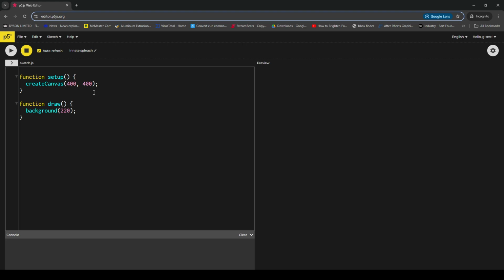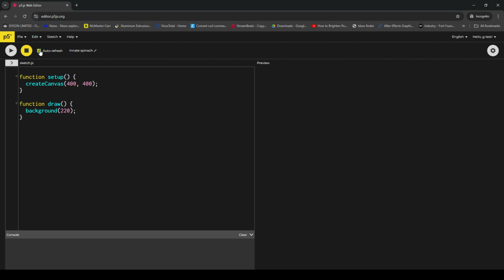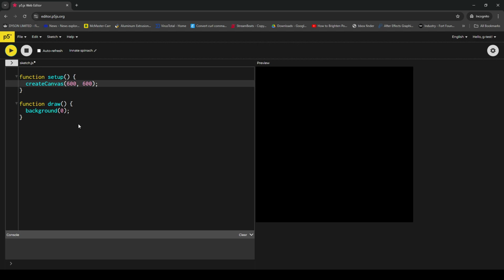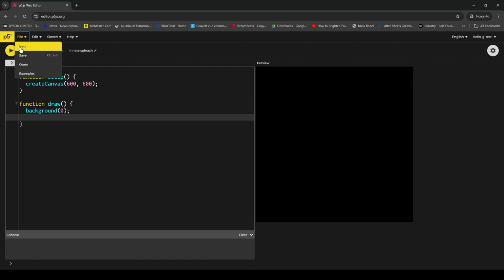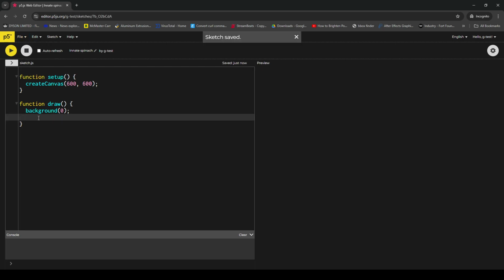Hello again. So my page crashed. I think there's an issue with how while loops are written in p5JS, so I'm going to tick off auto refresh and make sure that's not ticked down. Run it once. I'm going to save this first, so file, save. Now there is a problem with while loops that if they're not controlled properly they will run infinitely, which I think is what happened here. So make sure auto refresh is off and then say while,